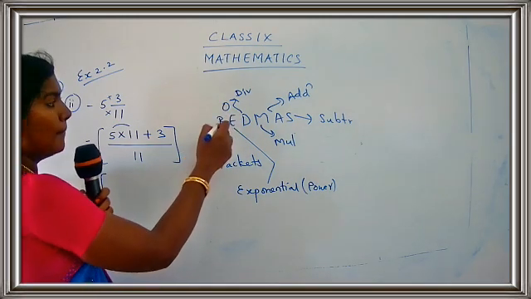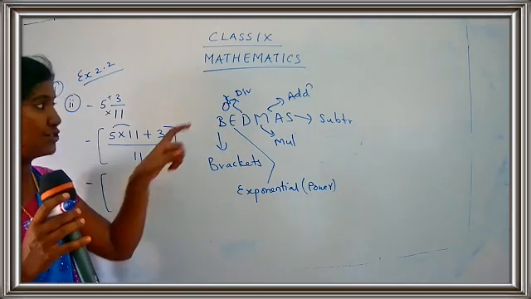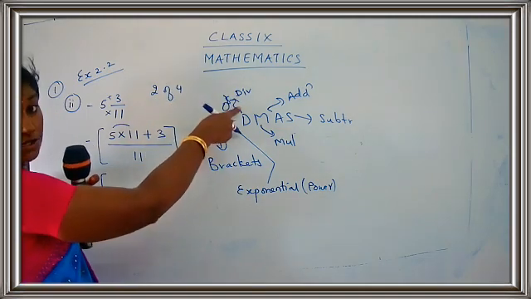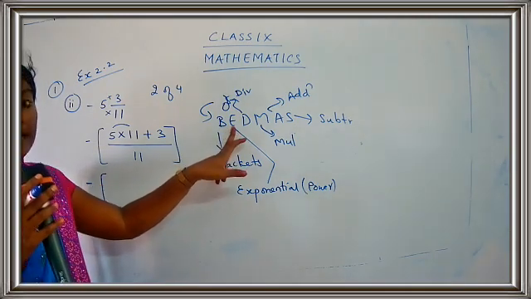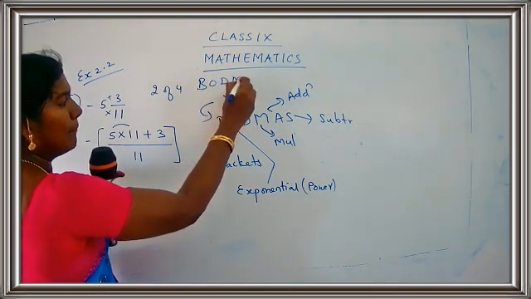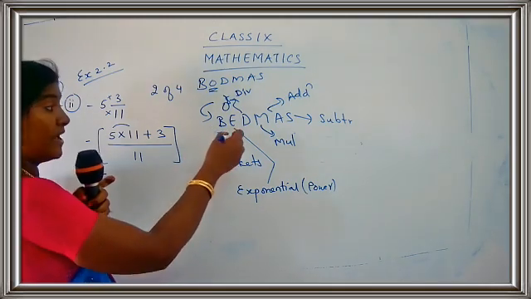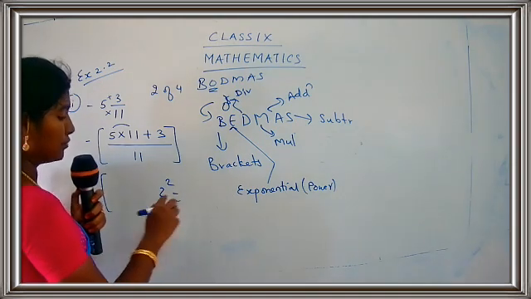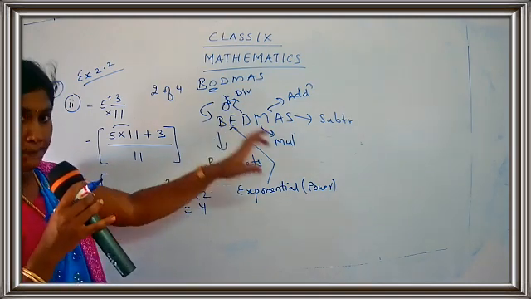When you say BODMAS rule, bracket, of, it comes. We have sums based on of. You sometimes may have 2 of 4. We have like this also. That is the BODMAS rule. Okay, in some cases we use the BEDMAS rule. BEDMAS rule is where you can deal with the powers. Okay, children. So remember, you have two rules: BODMAS, where O stands for of, and BEDMAS, where E stands for exponential. Exponential is the power, like 2 raised to 2. What is 2 raised to 2? 2 into 2. So 2 twos are 4.